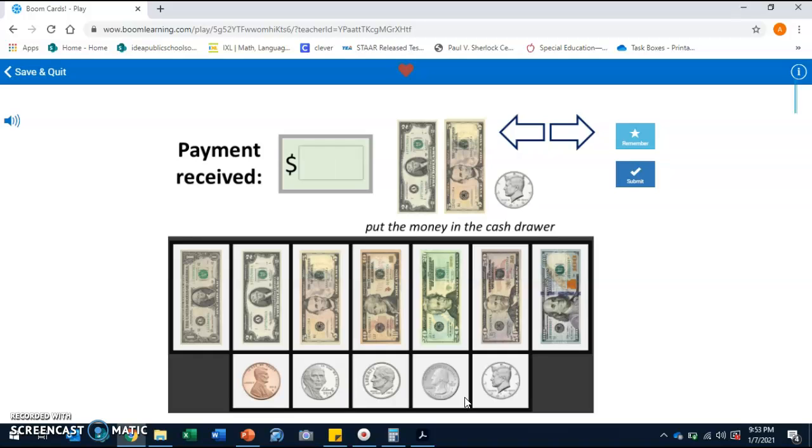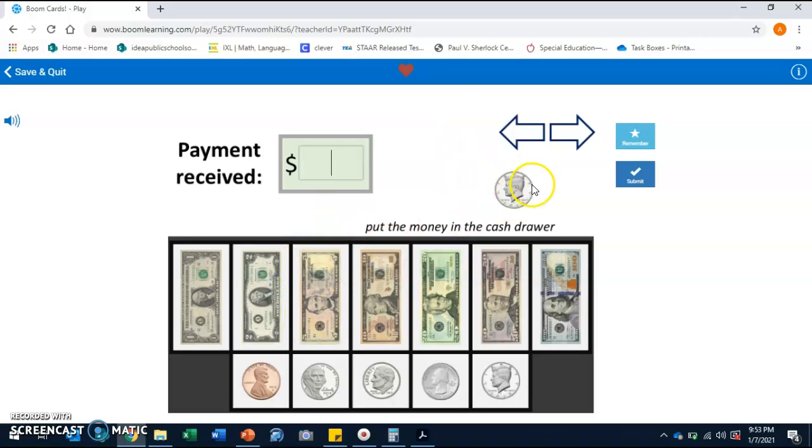You would press open, and then it's going to give you your cash register. So here, this is the amount of change. This is the amount she gave you. This is her payment. You are going to count how much her payment is and put it in the drawer. So you are going to drag everything. And here you're going to put how much money she gave you. So in this case, she gave you 7